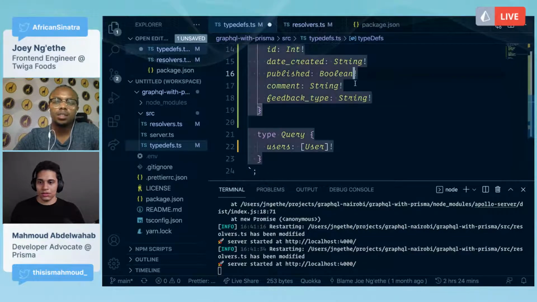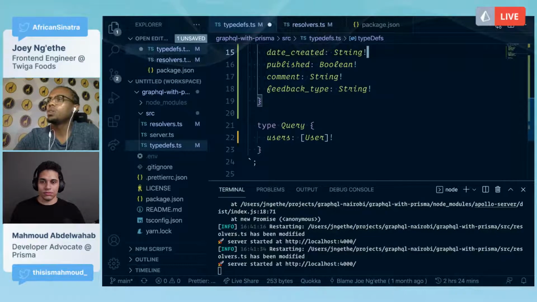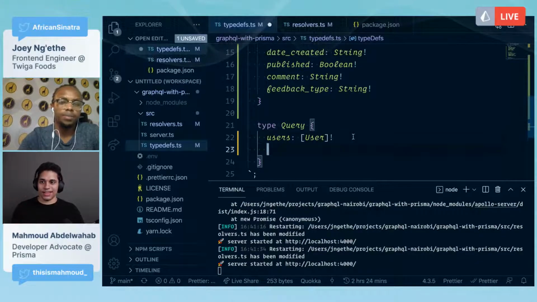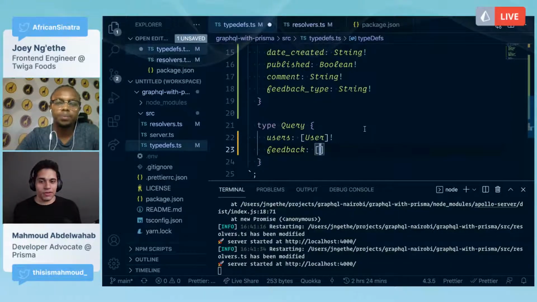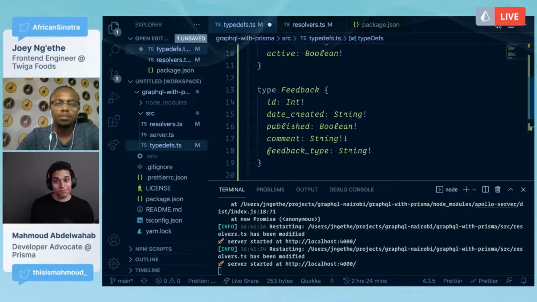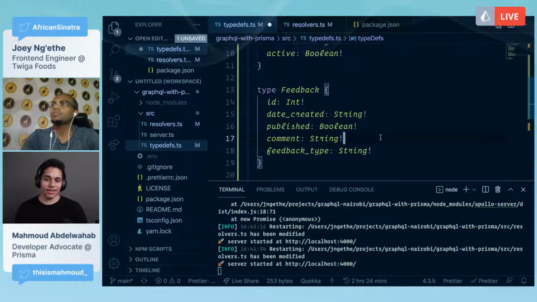And then what we can do on our query, one thing that I would like to add before writing the query, you can write it as I say it. For the feedback type, maybe a better way than having it just as a string is to use an enum.